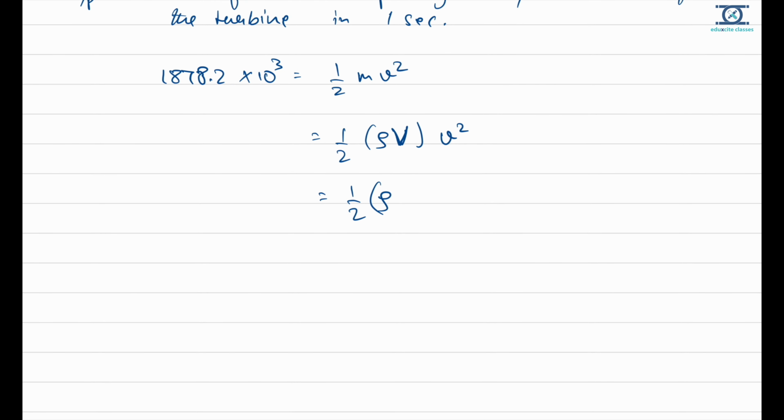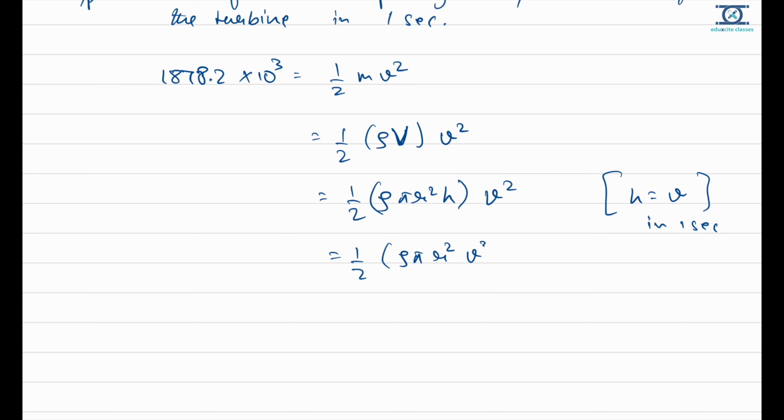So I can say this will be half density times pi r square h times v square. Now I am writing h is equal to v in 1 second. So I can rewrite it as half density pi r square into v cube. So the final equation is this, and this is equal to